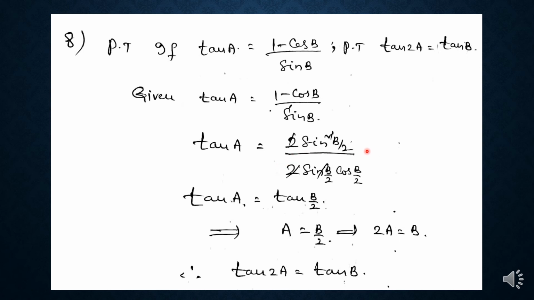Sin square B by 2 by sin B by 2 into cos B by 2. Here sin B by 2, sin B by 2 cancel. Sin B by 2 by cos B by 2 is tan B by 2. So here tan A is equal to tan B by 2, which means A is equal to B by 2. Then what is tan 2A? Tan 2A can be written as 2 tan A by 1 plus tan square A, 2 into tan A is equal to,